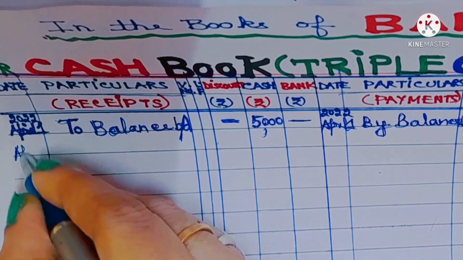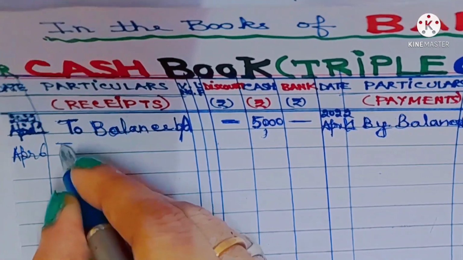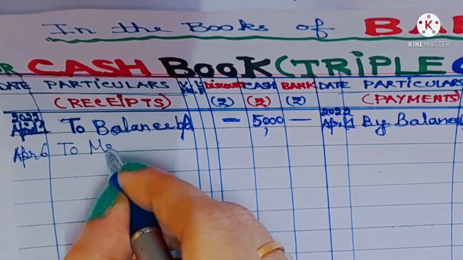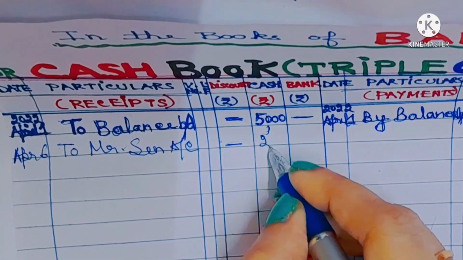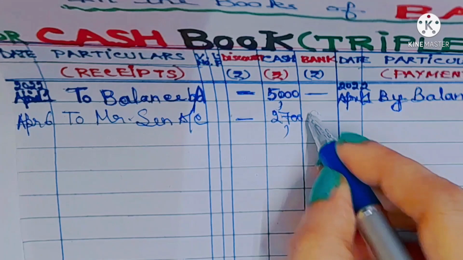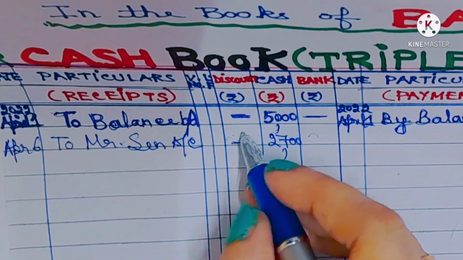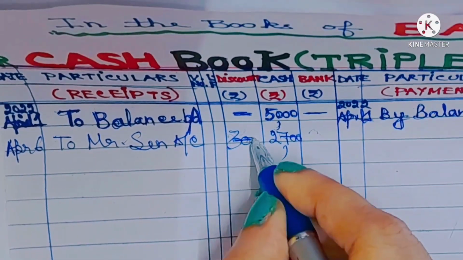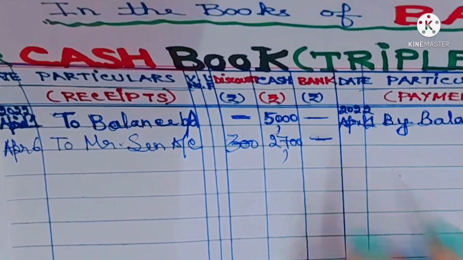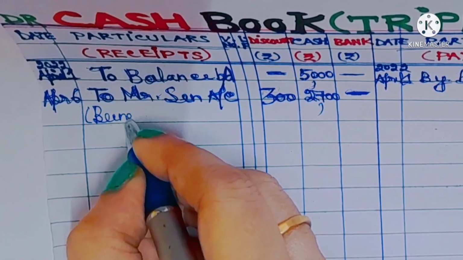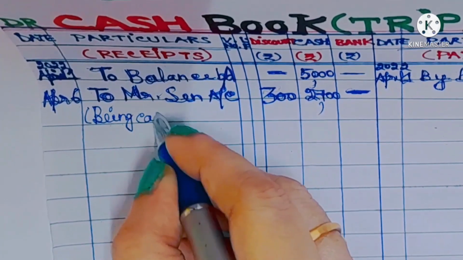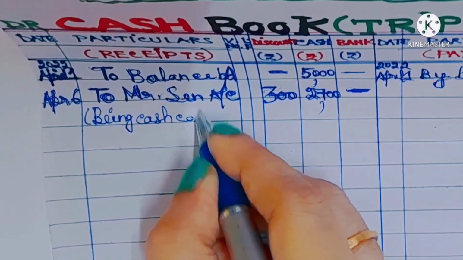On 6th April, To Mr. Sen account 2,700, discount allowed column 300. So let's write down the narration. Being cash collected from Mr. Sen